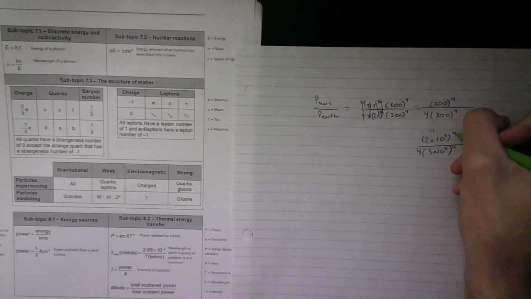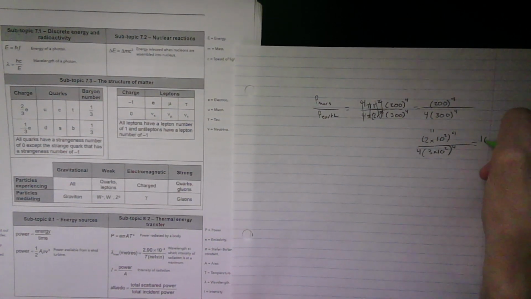And the 2 to the power of 4, I can distribute this to get 16 times 10 to the power of 8, because 2 times 4 is 8. So it's this over this,